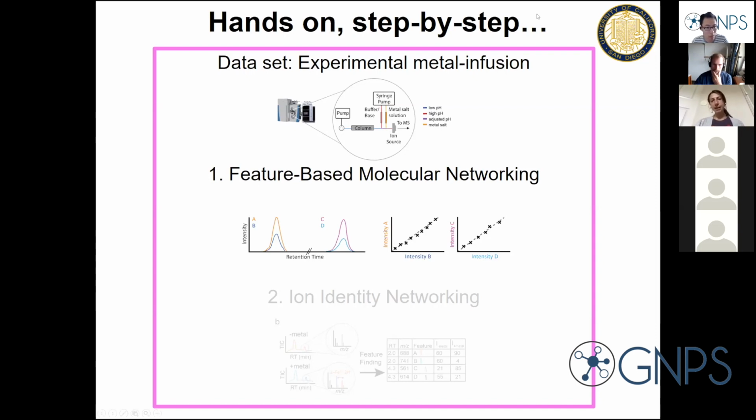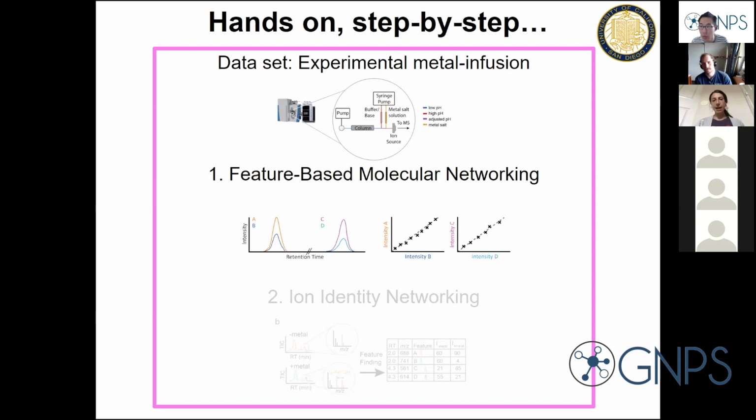And so we hypothesized that by raising the pH, if we then infuse in a metal salt after the chromatography step, we can have our metal binding compounds poised to bind a metal that we infuse. And so half of the samples that we'll be looking at include this post chromatography infusion of iron